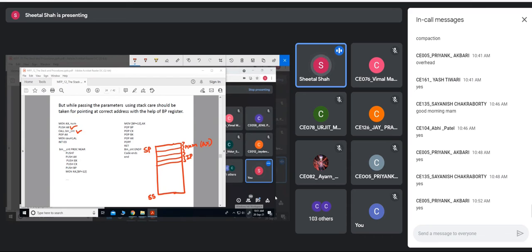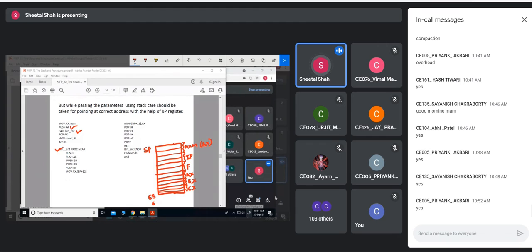Okay, once this is done, the control of the program would move to this procedure. Then the flag register would be pushed onto the stack. So this is my flag. Then AX is pushed. So this is my AX. Since I want to retain my registers' values as they are, I am pushing them onto the stack. So this is CX, then comes BP.